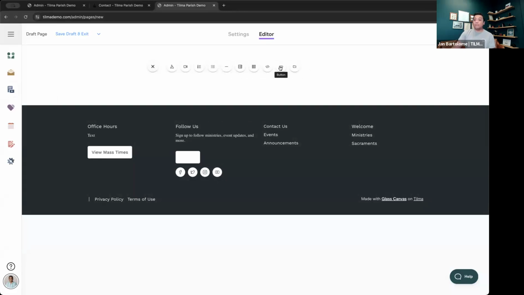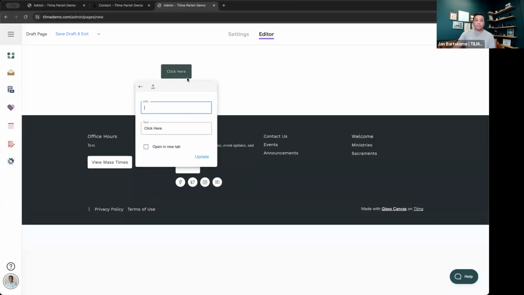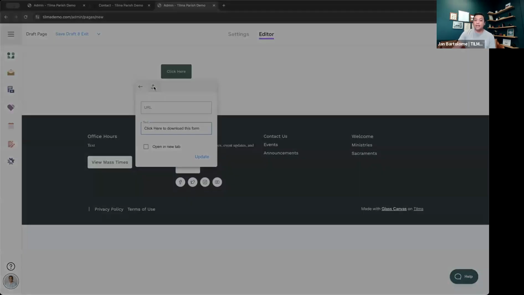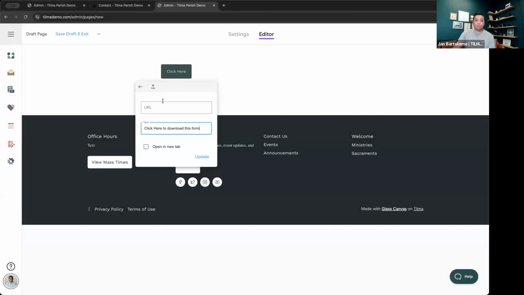Last couple ones here, you have a button function. So we can press this button. What this does, the same thing that a hyperlink would do, except it gives you a button to click for it. You can change the text inside of the button. Click here to download this form. And then instead of going to a URL, you can upload that PDF file on your computer and insert that form onto this button so that anyone who presses this button will download that PDF that you attach to it. Or click here to